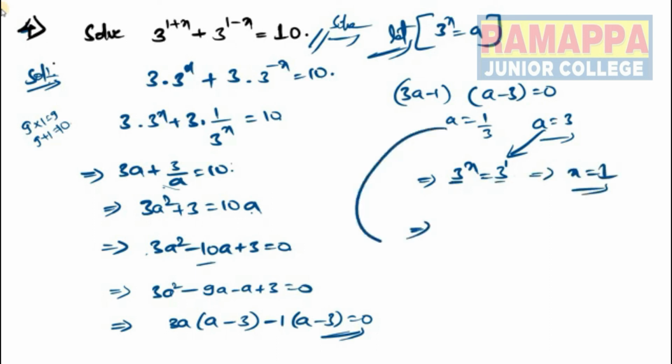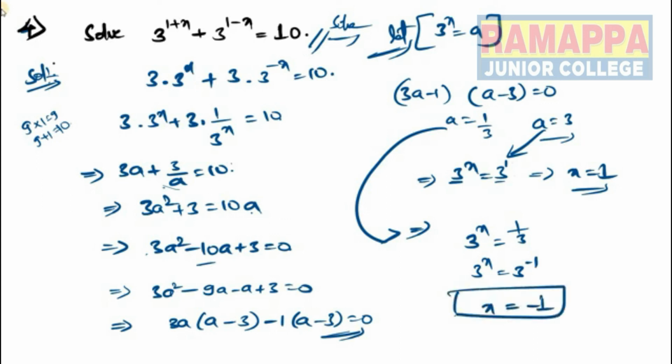Now from the next one, 3 power of x is equal to 1 by 3. So it will become upside down, 3 power of x is equal to 3 power of minus 1, x is equal to minus 1 is the answer here. Now from a is equal to 3 we get x is equal to 1, and from a is equal to 1 by 3 we get x is equal to minus 1. These are the x values. The roots are 1 comma minus 1. So now